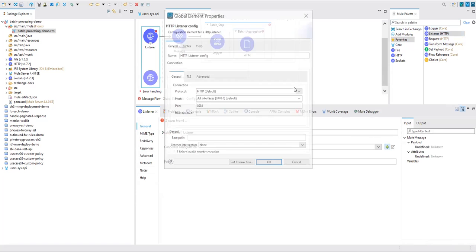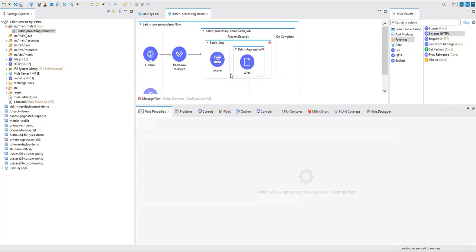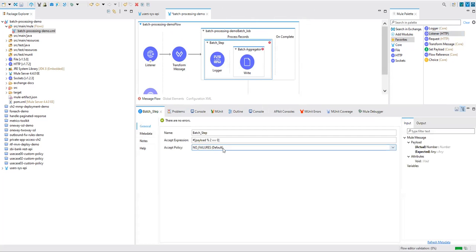Whatever is coming default, we'll take it as it is and I'll say batch. Okay, let's go ahead here. In the batch step processing, right now we have not configured anything, so I'll just go ahead and delete it. I don't want to configure anything. First job,